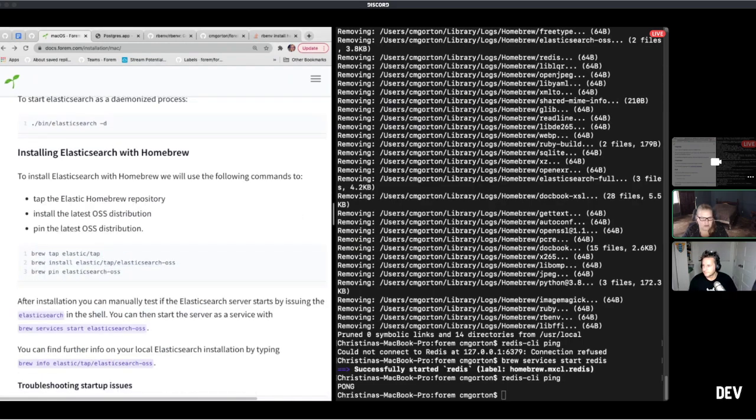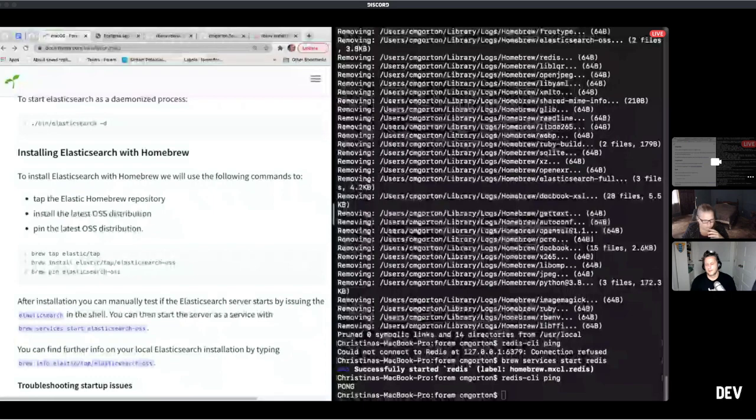Previously we had a specific install of an Elastic tap, and we could no longer use that one anymore. The team didn't realize it wasn't something you could use anymore because everything has been updated. So now we grabbed the most recent one by doing this: elasticsearch slash